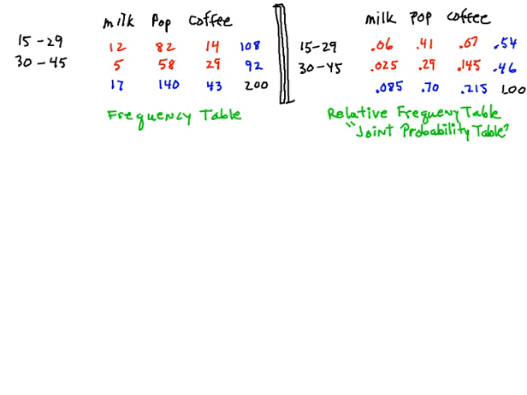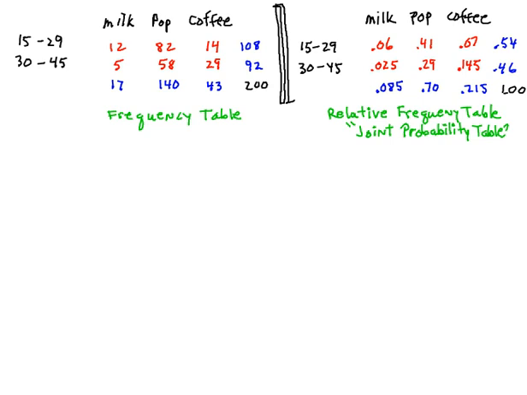fairly simple to read this table. If you look at the numbers, this was just the collected data on 200 people. 12 indicates that there were 12 out of 200 that were in the younger age group, and these 12 people also preferred milk. 82 were in the younger age group and preferred pop. 14 were in the younger age group and preferred coffee, for a total of 108 people in the younger age